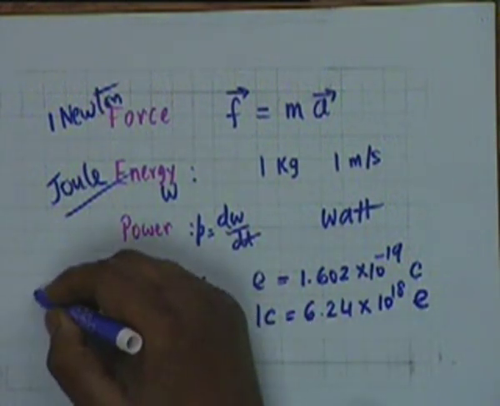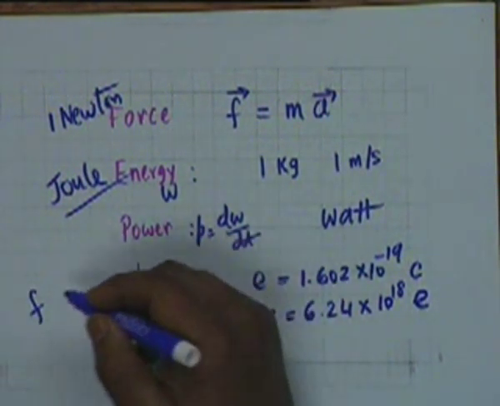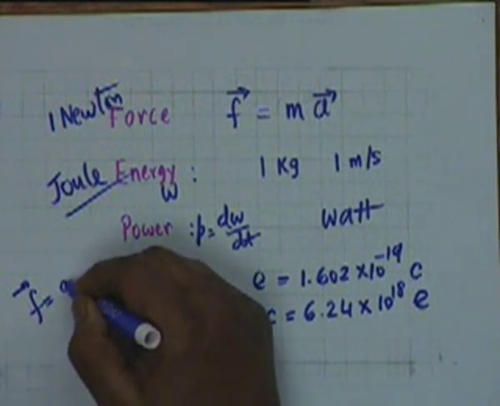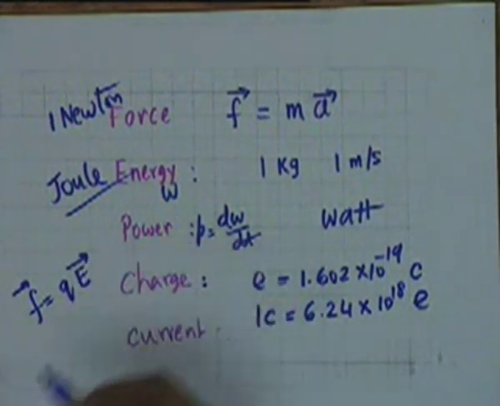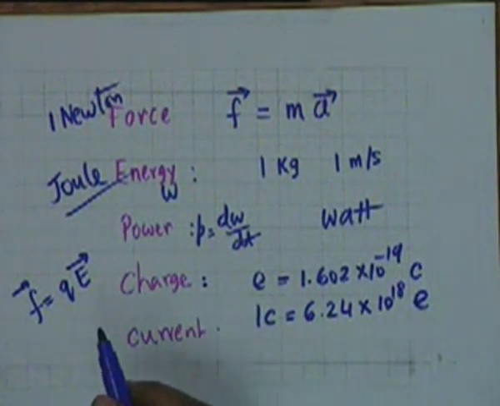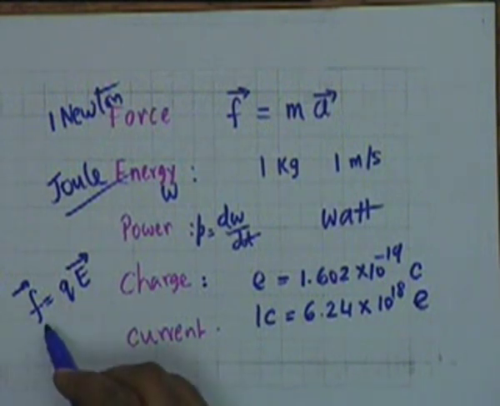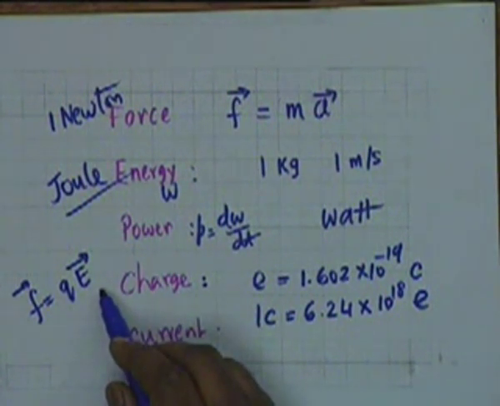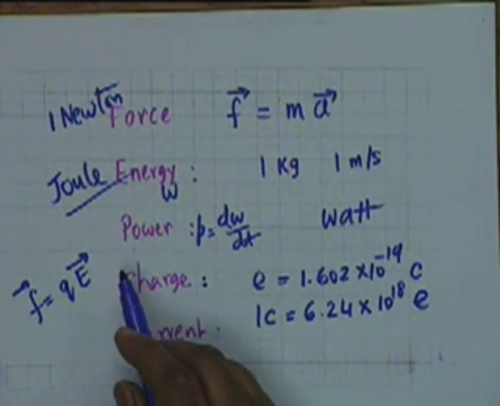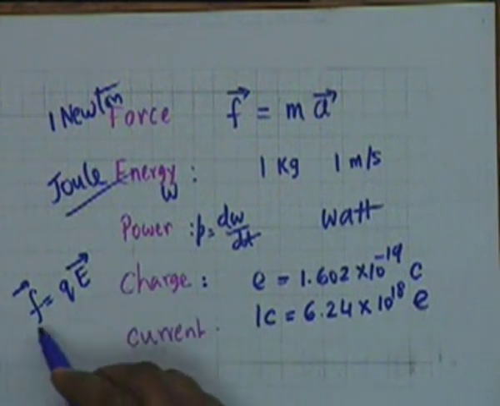You know the force experienced by a charge is given by the charge multiplied by the electric field, QE, and therefore a coulomb is that amount of charge which experiences a force of 1 Newton in an electric field of 1 volt per meter. All right, you can define it that way,